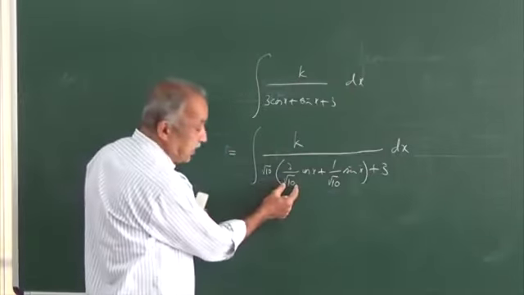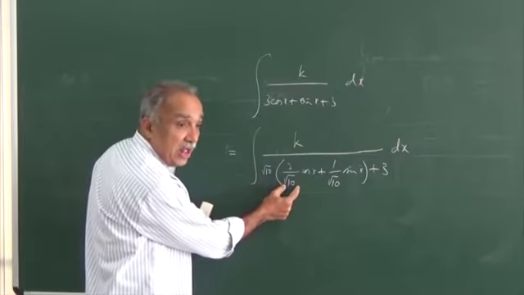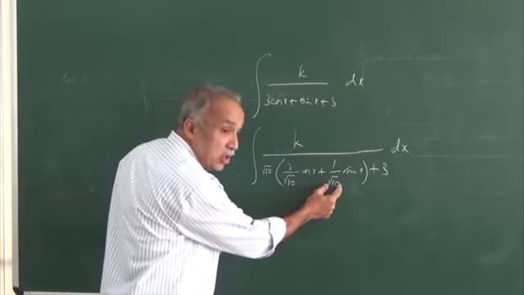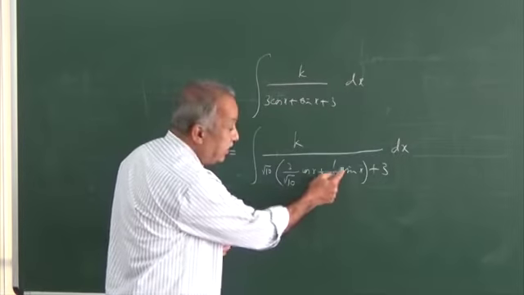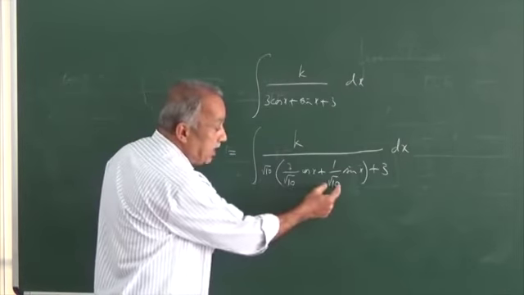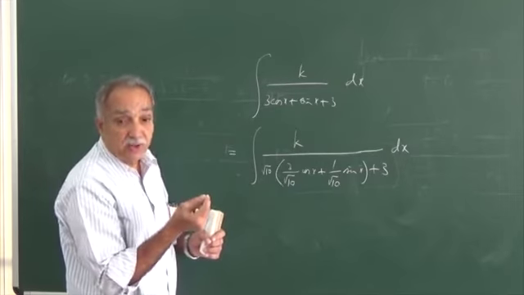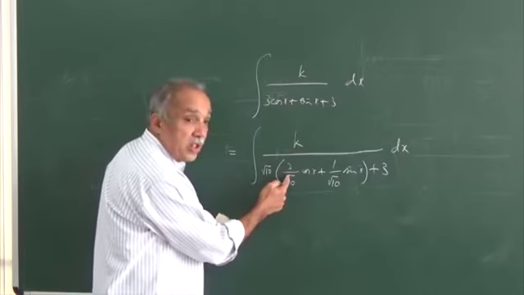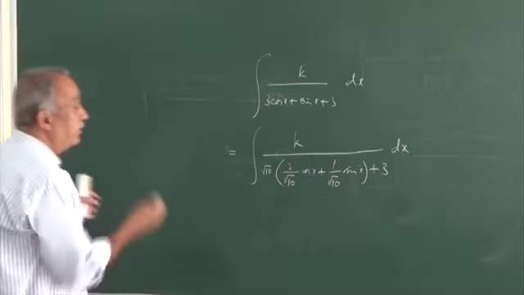Now, because this is a constant which is less than 1 in numerical value, there exists an alpha such that this is equal to cos alpha. Because this is also a constant with the numerical value less than 1, there exists a beta such that this is equal to sin beta. But we have square of this plus square of this equal to 1. Therefore, alpha and beta cannot be unequal. They must be one and the same. They must be equal to each other. If this is cos alpha for some alpha, this must be sin alpha for the same alpha. So I get